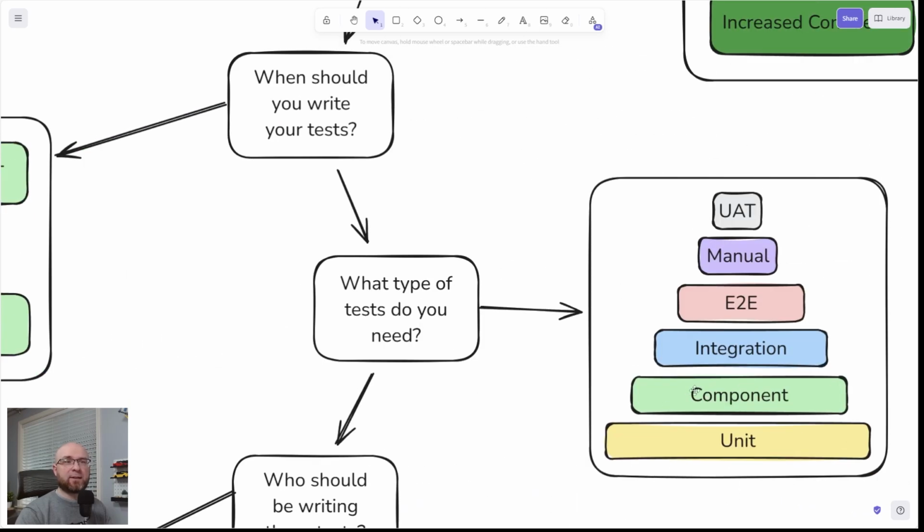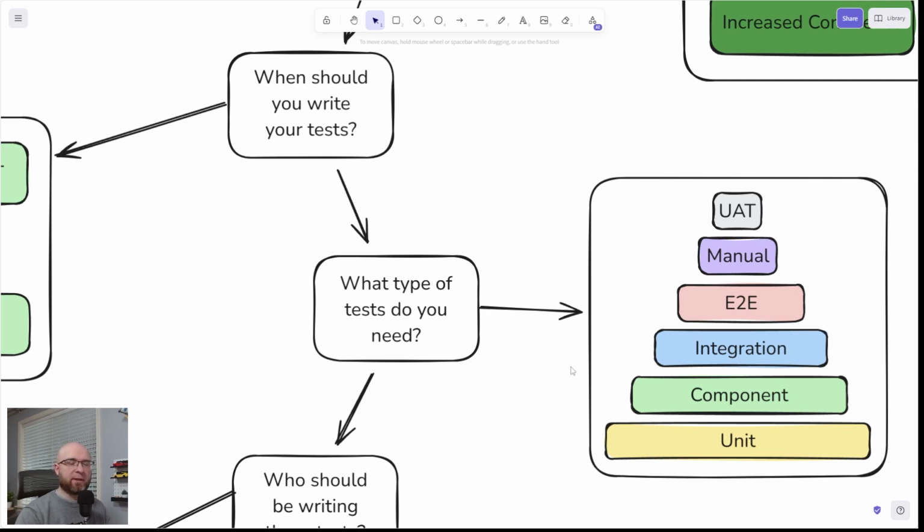Component tests. So these are tests where, let's say you're using React to build something and you wrote a component. Well, you can write a test for that component, right? Or you've written an entire microservice and you want to test that entire microservice. That is component testing. You're testing an entire piece of functionality, right? Whether that's a UI component or a microservice, it's a test that you're going to write that stubs out or mocks out the different parts of the application.